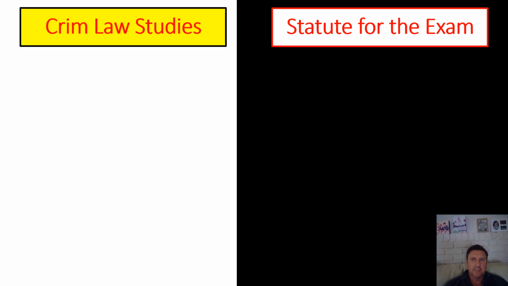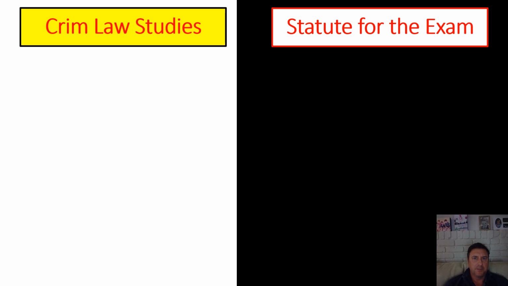Looking at criminal law, there's a couple different choices that the professor can make, the bar exam can make, and a lot of students struggle with understanding why we are studying common law. Why are we studying all these different statutes? Why are we studying all these different options? How's this going to help me? How's this relate to what I need to know for the exam?